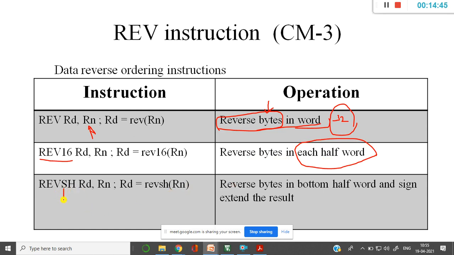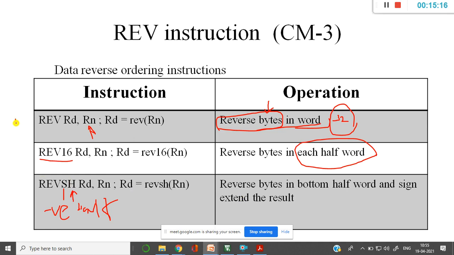Then REVSH, so again H stands for half word, and S stands for signed. When I say signed, it is nothing but negative. So it reverses the bottom half word and sign extends the result.